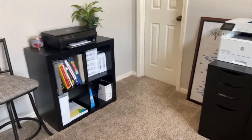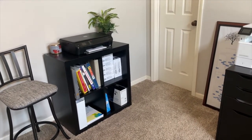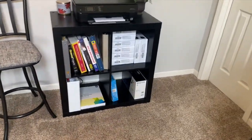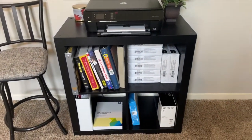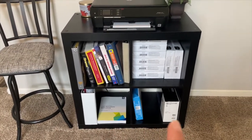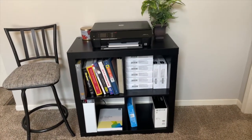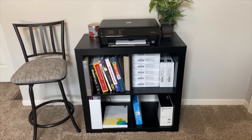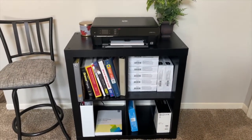And then over here for this little 4-cube shelf, I rearranged some things. I threw some things away so that I could fit all of that printer paper, that box of printer paper that was on the floor. I was able to put it here, and then all of the other books and documents and stuff that I need for my side business, I was able to put here because I thought I was going to need another shelf just for printer supplies, but I don't want to clutter the room up any more than it already is. So I was able to rearrange some things and get everything on this shelf for this printer as well as